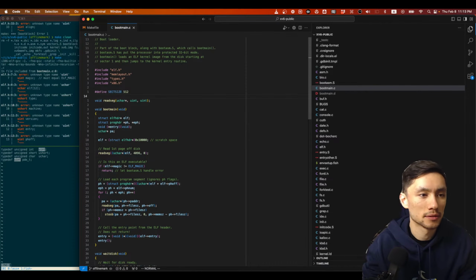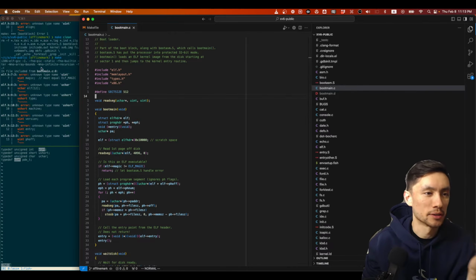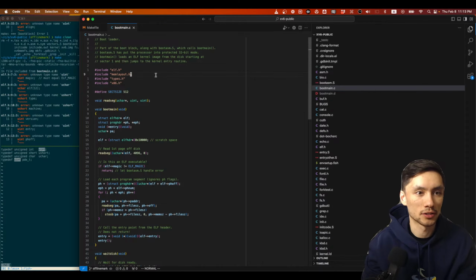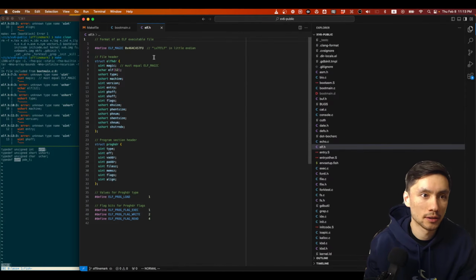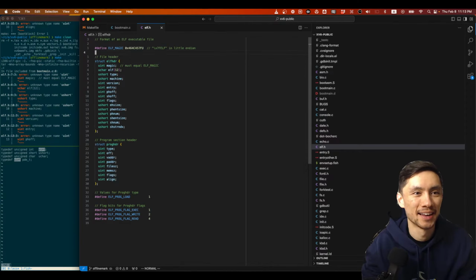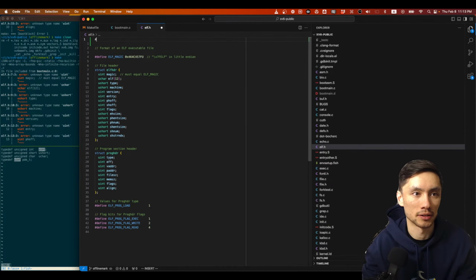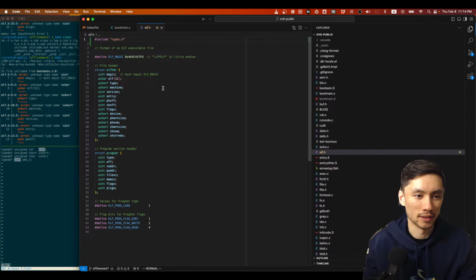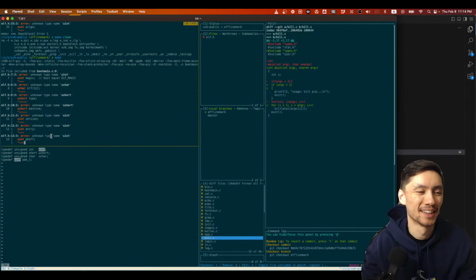So let's fix this though. Here's how you fix an error. In file included from bootmain.c, elf.h. Let's check out elf.h. Okay, this is our first issue basically, which is that the elf.h file is missing an include for the types that it uses, because it uses uint but doesn't get the include anywhere. So that's on them. That's on xv6.